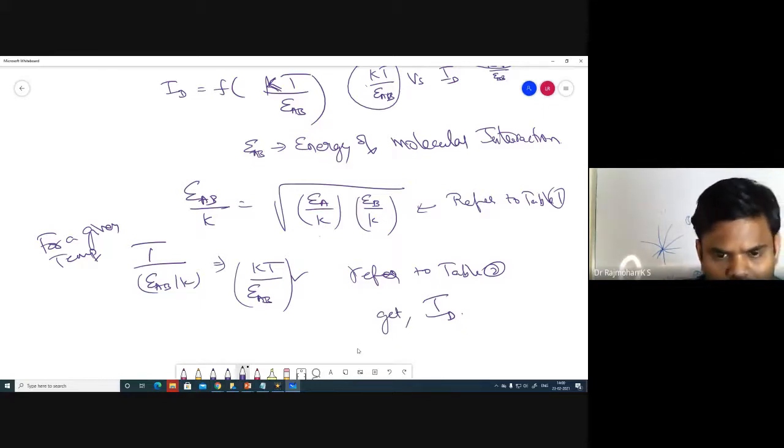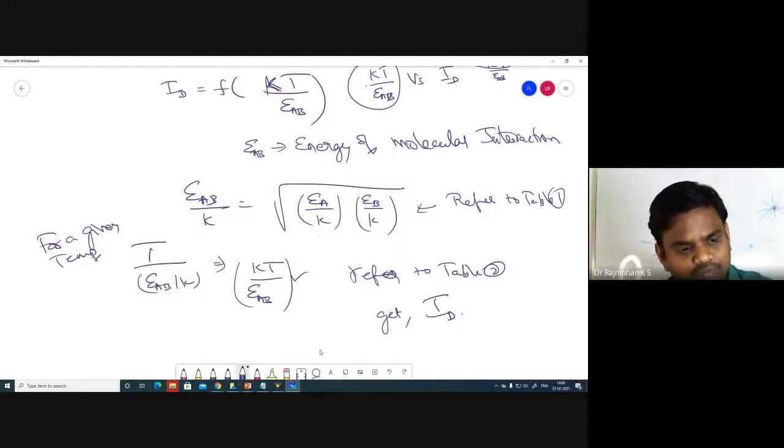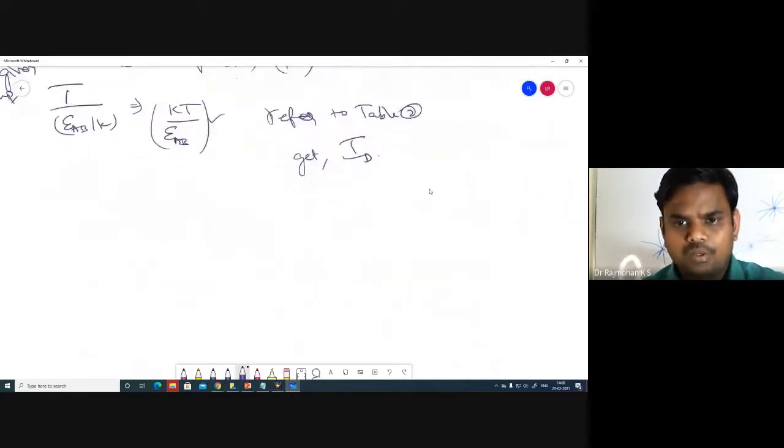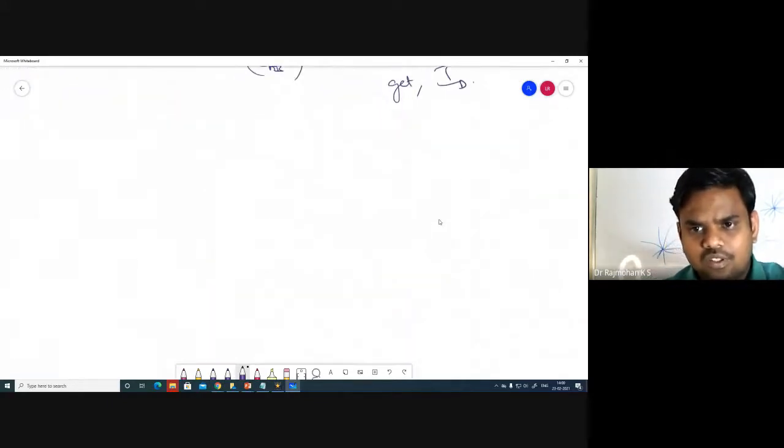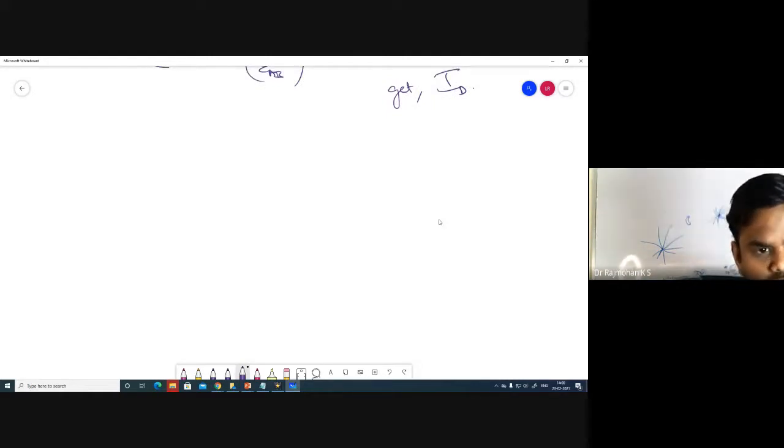So this is what we are going to do now. Let me write out table 1 and table 2. It may be available in the textbook, still I am giving it for various gases. We are going to write a big list. Please write it in your notebook or take a printout and keep it with you.